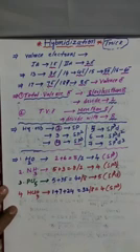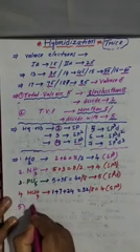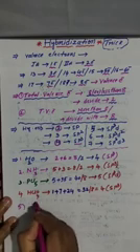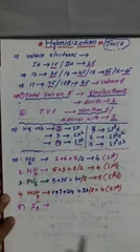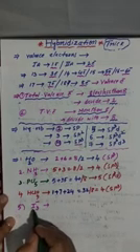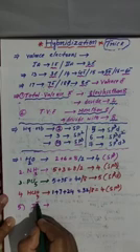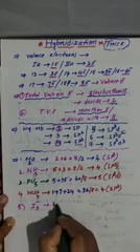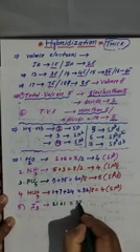sp3. Now I will take some ions. For example, I3 minus is given to you. Then what do I have to do? Iodine is in the halogen family, which means 7 valence electrons. 7 into 3 is 21. Minus is there, so you have to add 1. So 21 plus 1 gives 22.